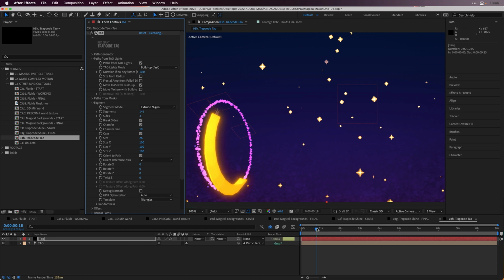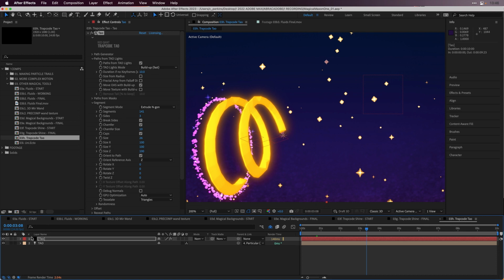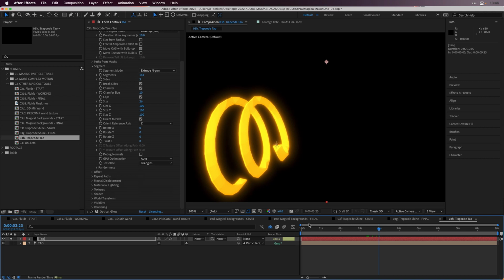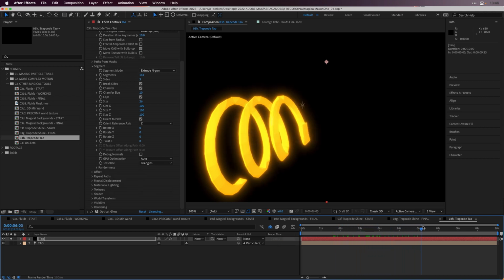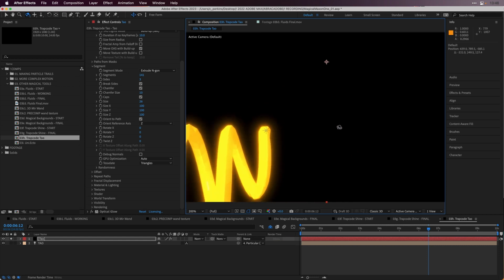See how fast that renders too. So now it's following the path of the light and it's building on this 3D geometry. I'll just solo this layer so we just have this layer to deal with. So now we have, and it's all super glowy because I have optical glow on here as well, by the way. But as this is moving around, it's building 3D geometry. This is not particles like we saw earlier. This is actual three-dimensional geometry where we can move around and we can relight this,